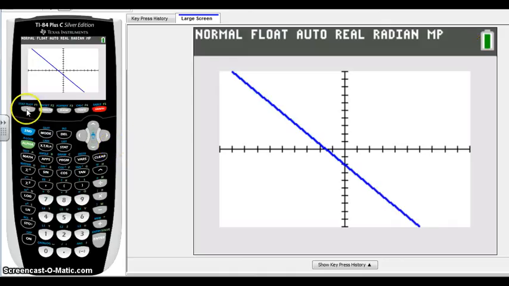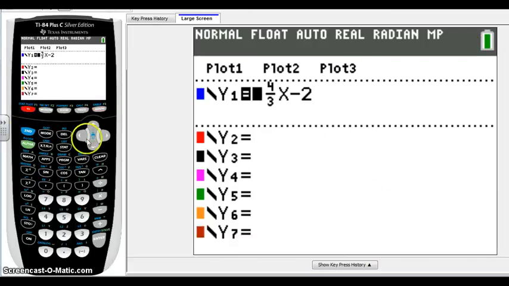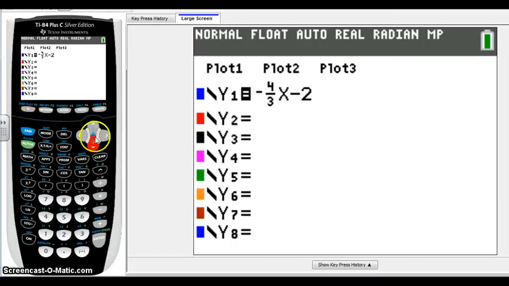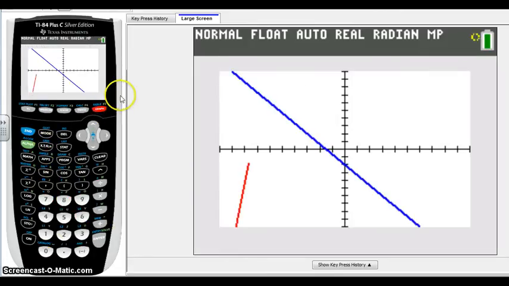But if we wanted to put another graph in here, let's go ahead and go back to our y equals, because not all equations graph well in our standard view. So let's go ahead and type something in like 8x plus 60. Okay? Now when we go to graph, we see our original graph very nice and squarely, but our